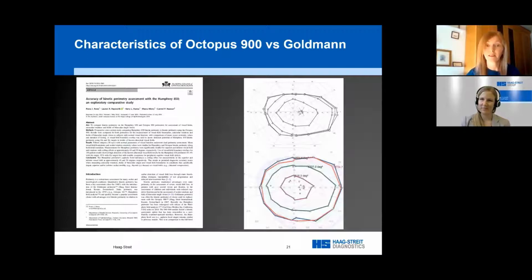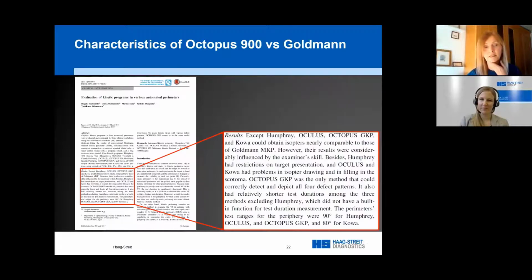In addition, if you want to use kinetic perimetry for eye movement testing, as I mentioned before, so if you want to do a binocular field of single vision or a uniocular range of ocular rotations, you can't do this with an aspheric bowl because the range of target movement just isn't enough. If you move to the next slide, Monica,